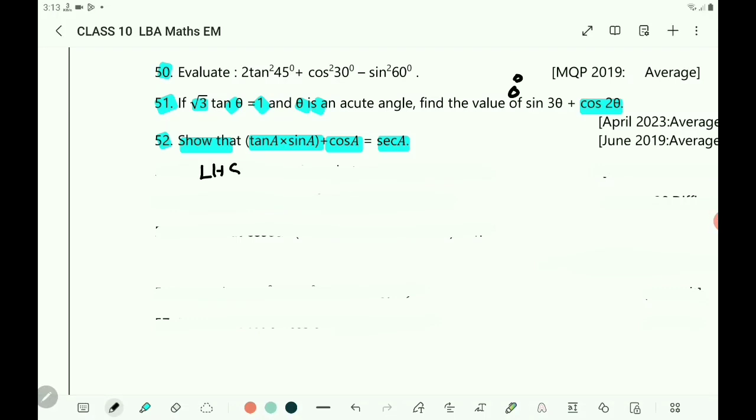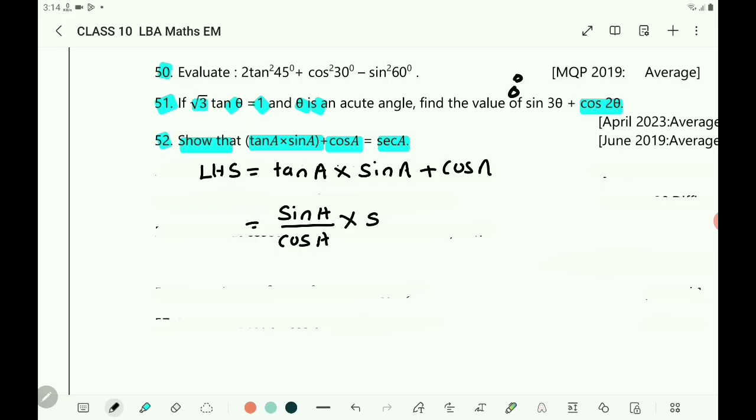LHS equals tan A into sin A plus cos A. Write tan A as sin A by cos A. Sin A by cos A into sin A plus cos A equals